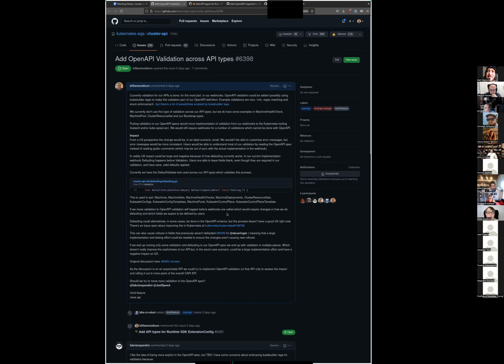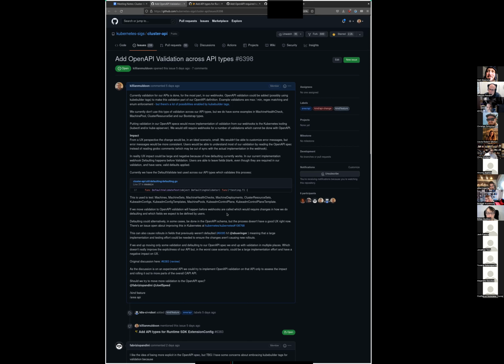So one of Joel's suggestions was that we should move whole hog to QBuilder validation and try and at least include QBuilder validation wherever we can. There's a bundle of complex things about this. One is that currently, if I'm right, kubectl will run OpenAPI validation on the client side, but won't run defaulting before that. So you end up in a situation where even with the required tag, this is an issue.